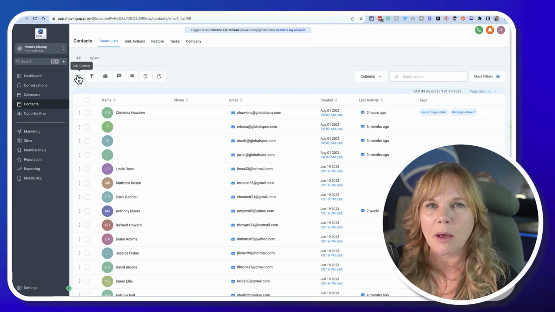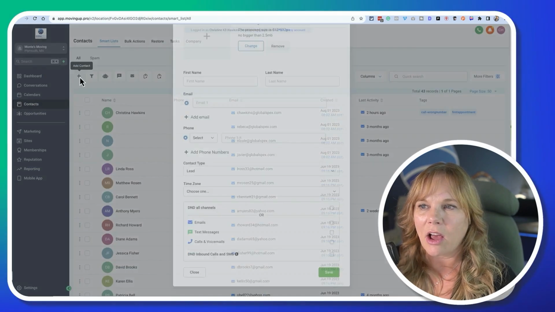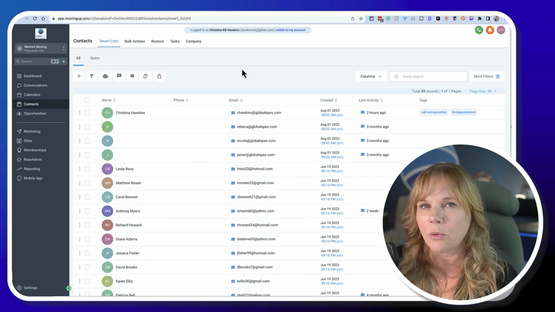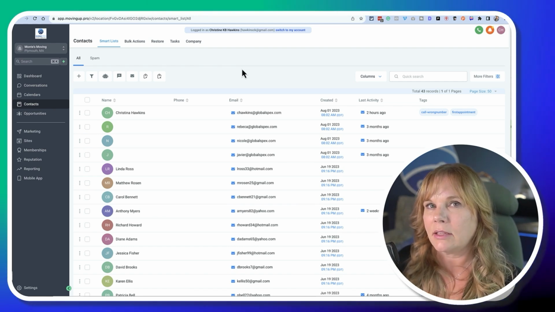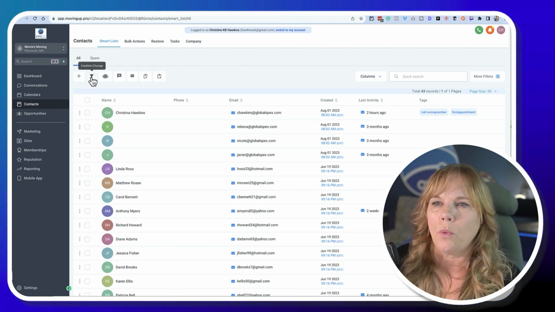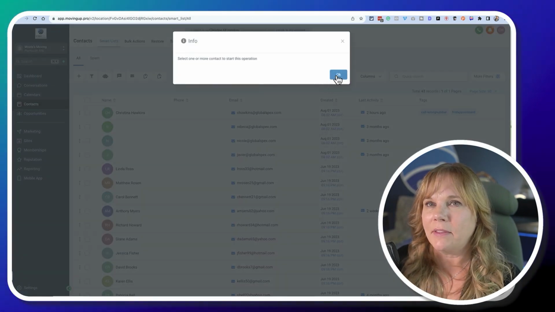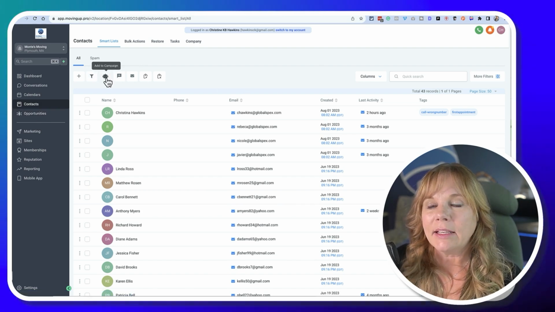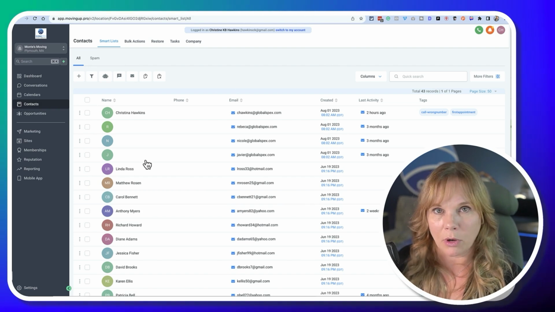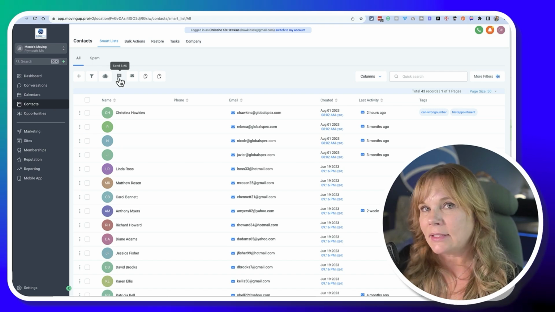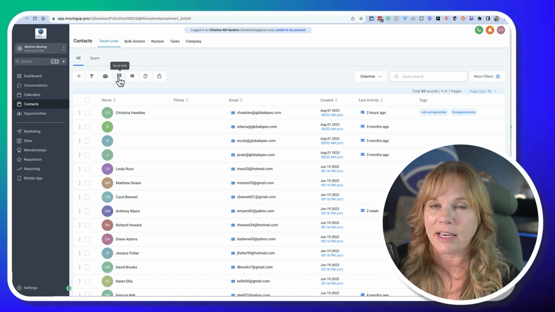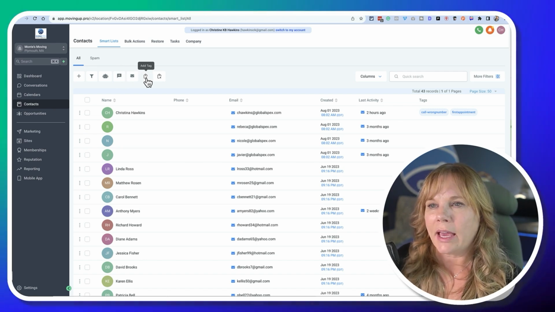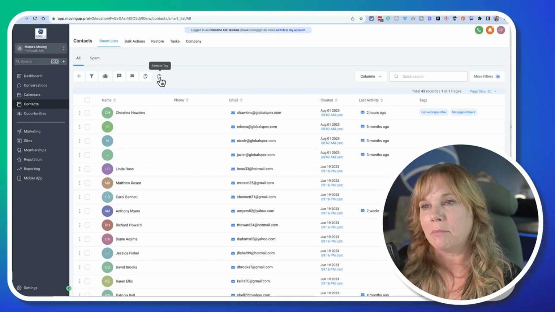We'll start here on the top left. We have adding a contact, so you can manually add a contact. Most often we have systems in place on your website that are automatically adding contacts, even phone calls. We can change a pipeline. Again, this is more with our lead generation and site opportunities. You can add anybody to a specific campaign or automation. You can mass send an email, and if we have activated SMS marketing, you can mass send texts. You can mass add a tag, and you can mass remove a tag.